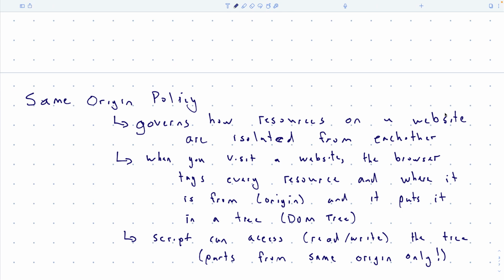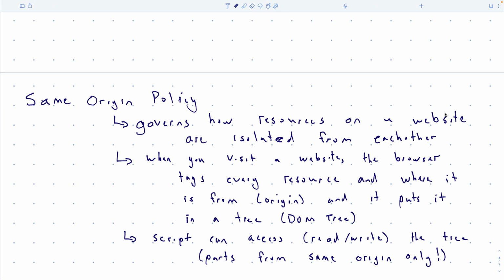So the browser does the exact same thing for cookies. It does the exact same thing for actually every resource that's on a website. So websites, they have images, they have HTML, they have some JavaScript that's running. There's lots of stuff happening within a website. And in particular, JavaScript can ask to basically rewrite different resources on the website. So JavaScript could pull an image in. Or if you pulled an image down over just an HTML request, JavaScript could say, actually, get rid of that image and put another image in its place. Okay? So every resource could be rewritten in theory by scripting. So scripting is very dangerous, by the way.